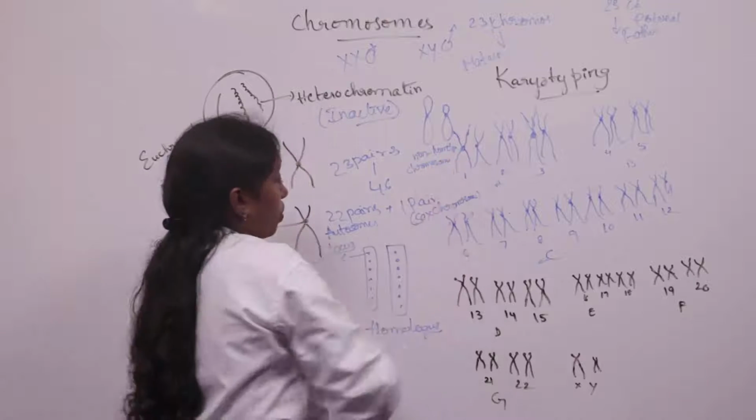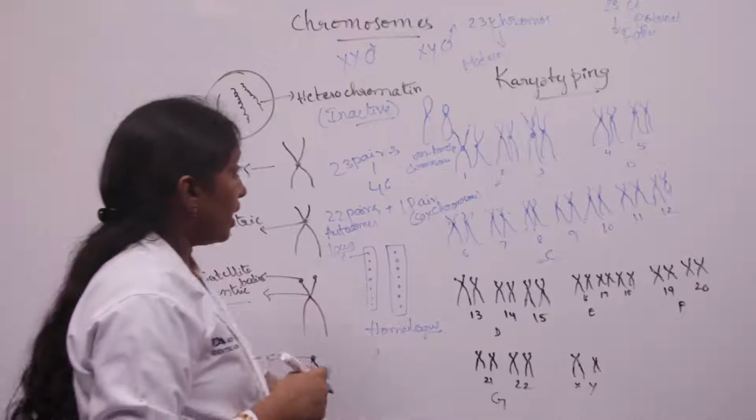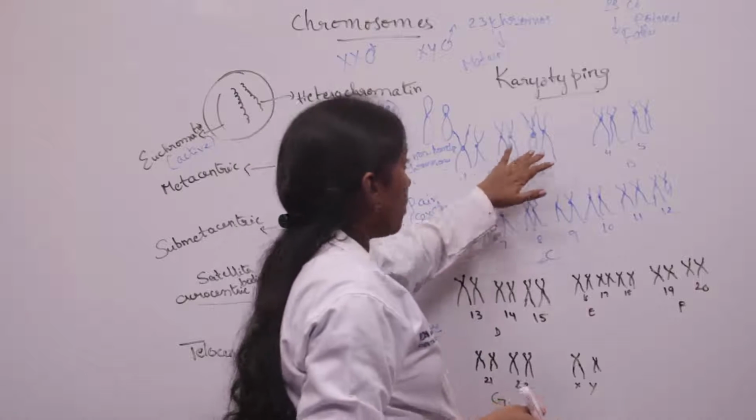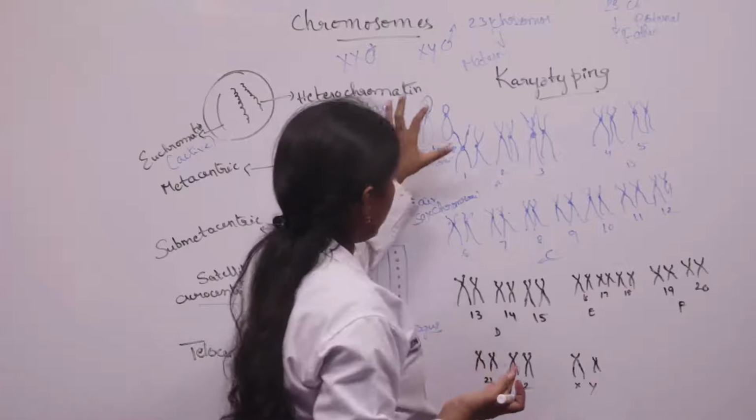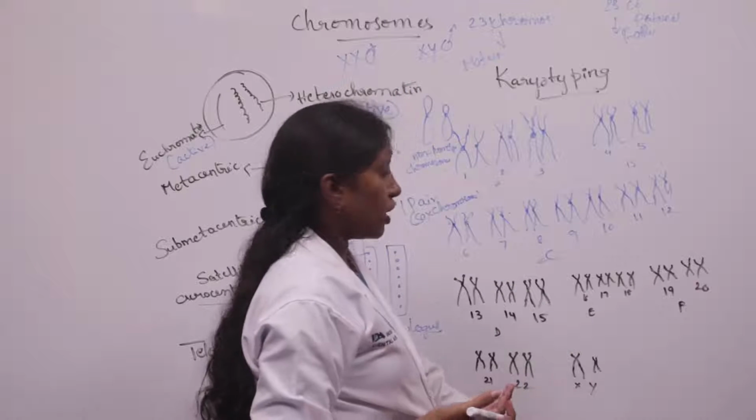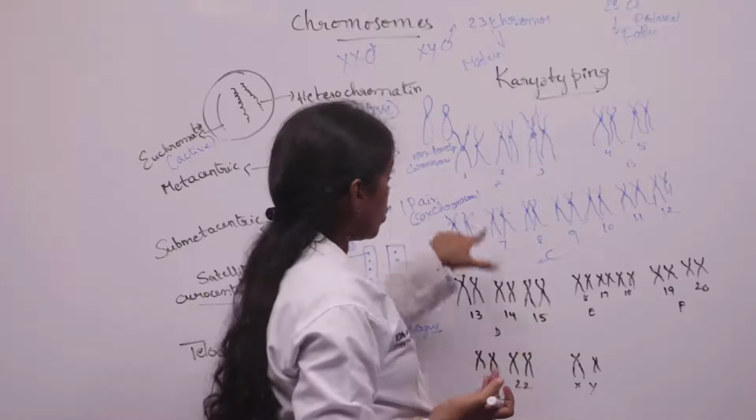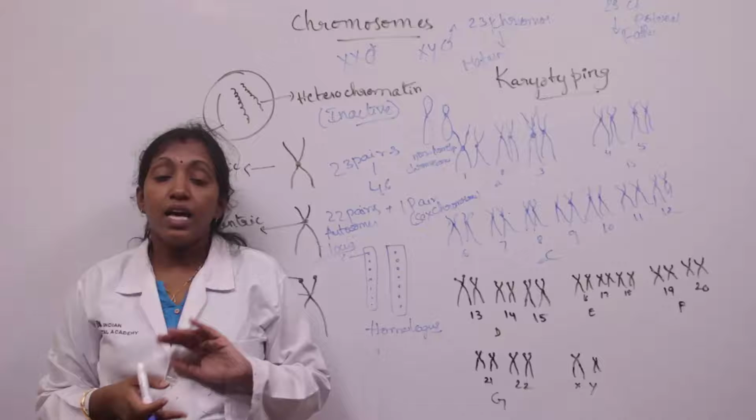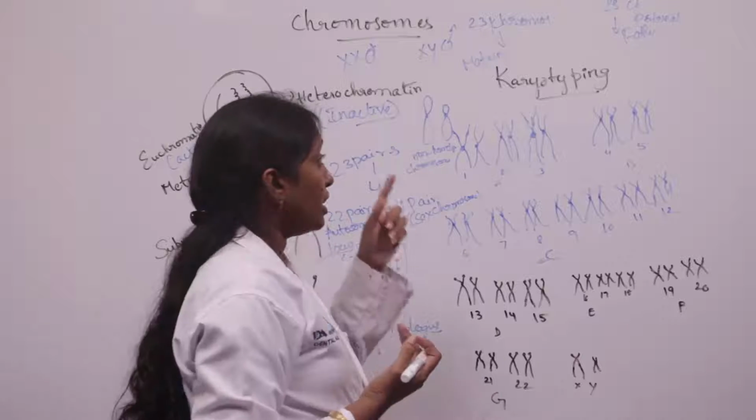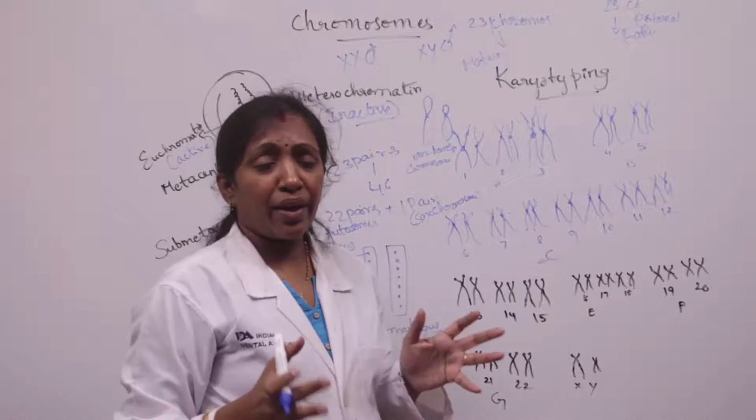Okay. So depending upon the size and the position of the centromere, the chromosomes are divided from A to G. The chromosomes are divided into A to G depending upon the position of the centromere as well as the size of chromosomes. We call this karyotyping. So karyotyping helps in